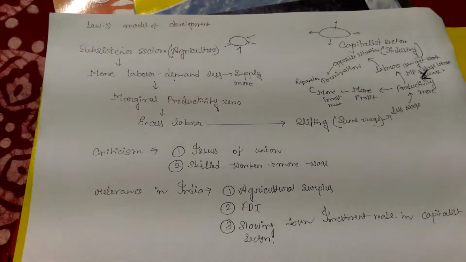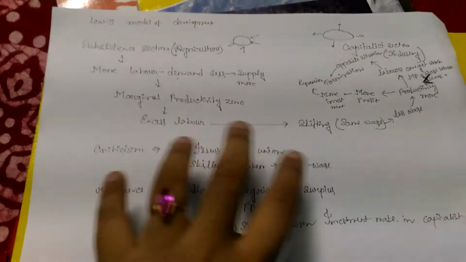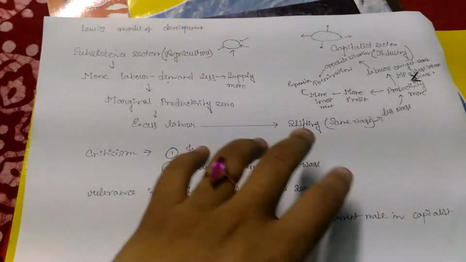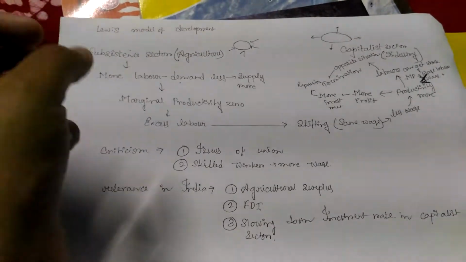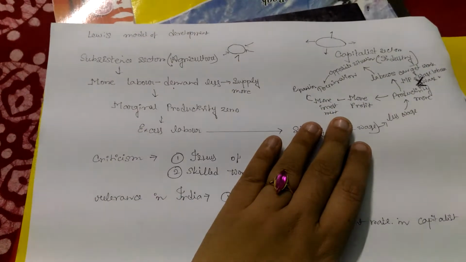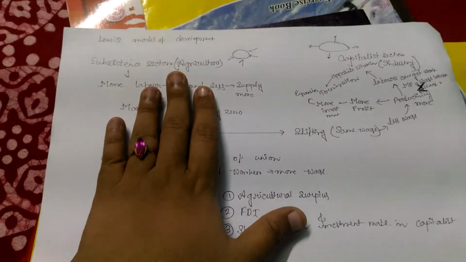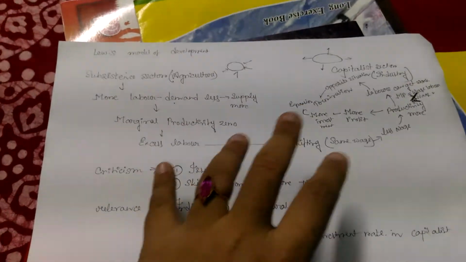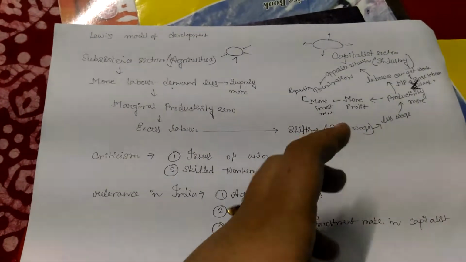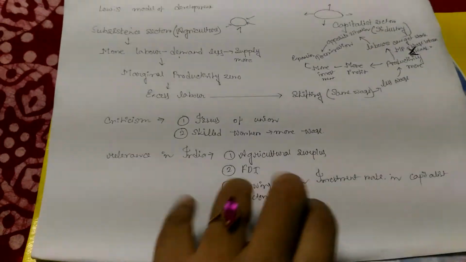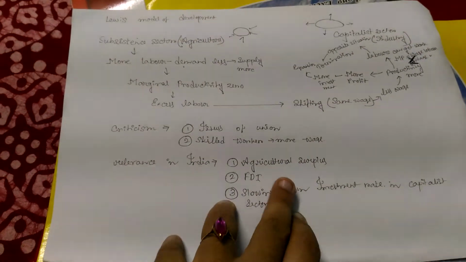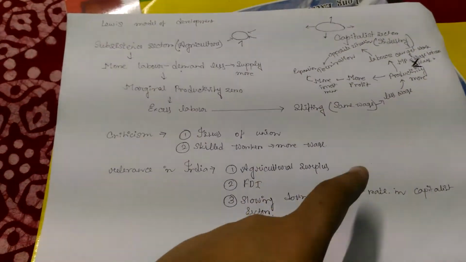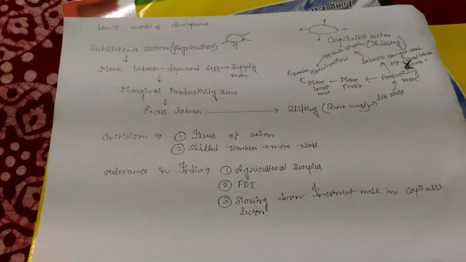But what he wants to say is that if one country has this kind of situation like India, how can we expand this sector, because the problem cannot be solved if it is not expanded. And the opposite scenario is found here, that day by day this sector is becoming obsolete, and then probably the labor does not get the profit, and sometimes the labor gets the same problem back. So he has said that if you go for agricultural surplus, and if you ask for foreign direct investment in the agricultural sector while slowing down investment in the capitalist sector, then we may change this situation.